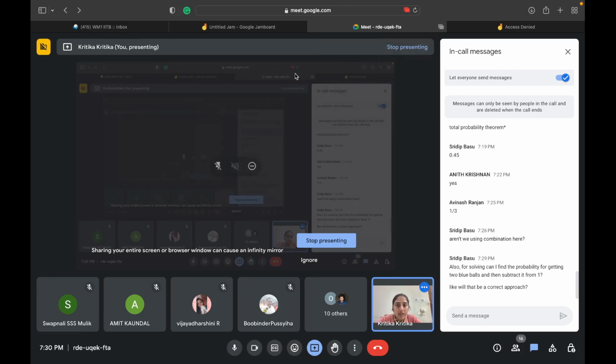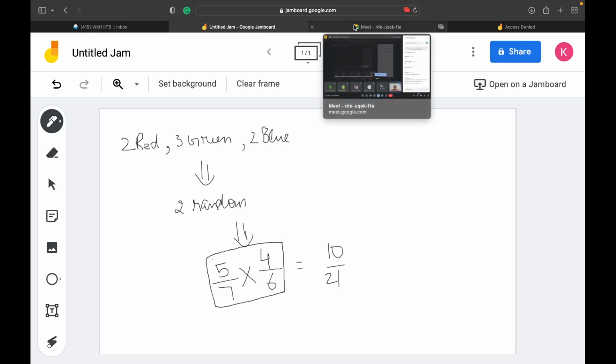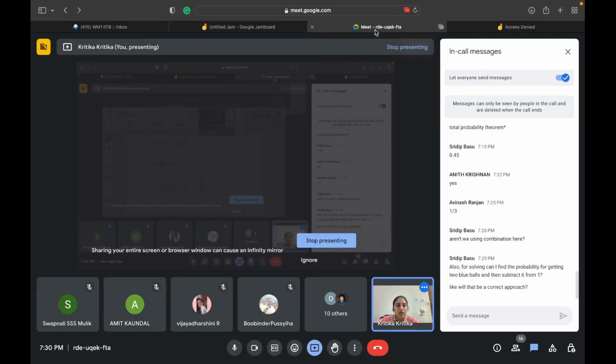Then I think the sum of all these events will be, okay. Like, will that be a correct approach? So I don't think it will be a correct approach, because if you